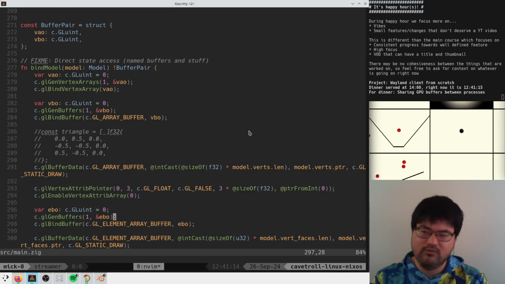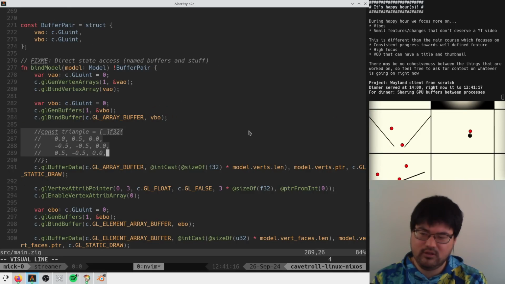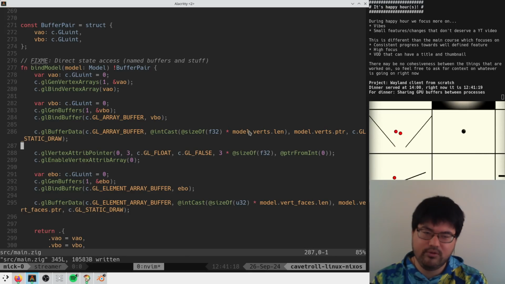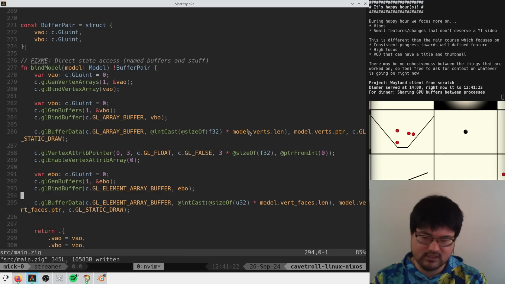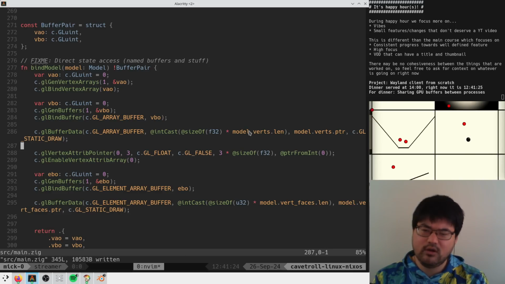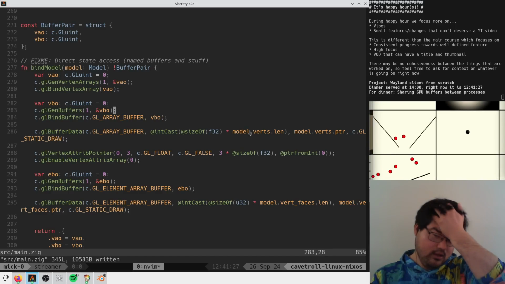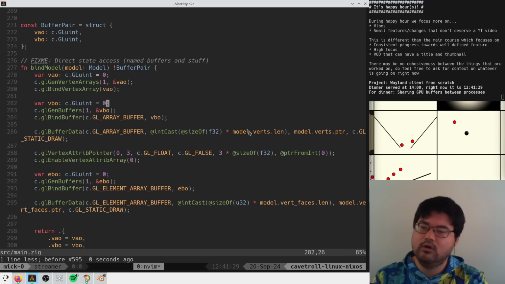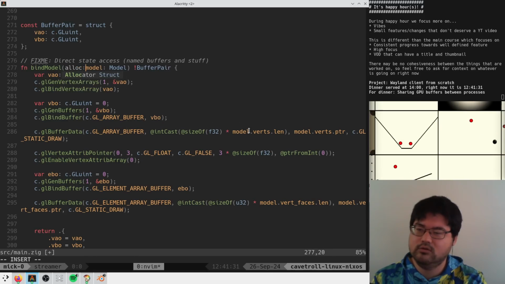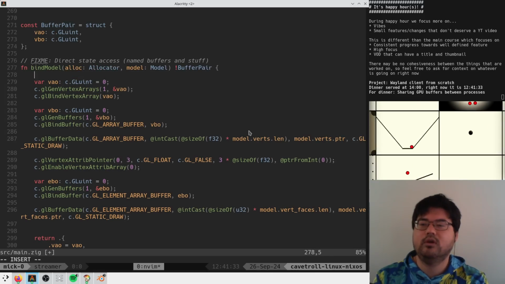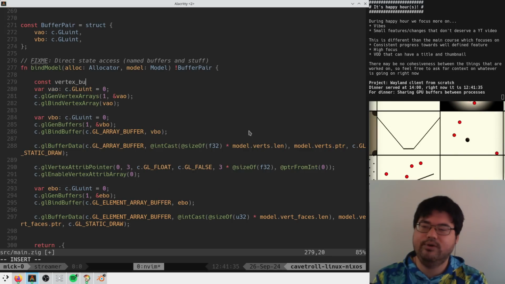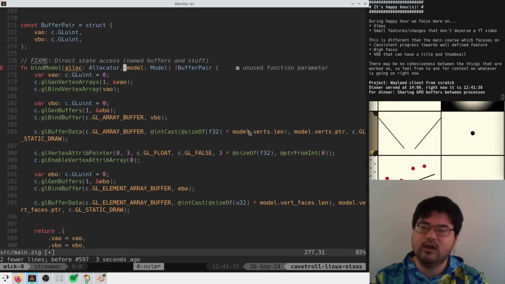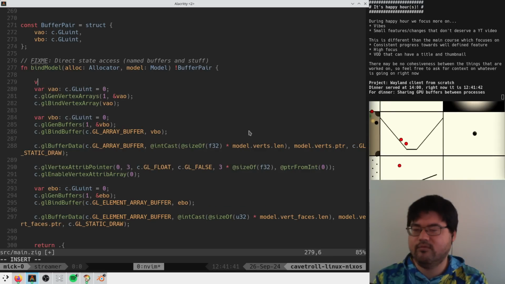I want to show the UVs. I want to show the UV coordinates for each face. I think that will be the simplest thing to do here. So I guess what we do is we create a new thing here. And we'll say a const vertex buffer. I guess here, that's fine, yeah. Var vertex buffer